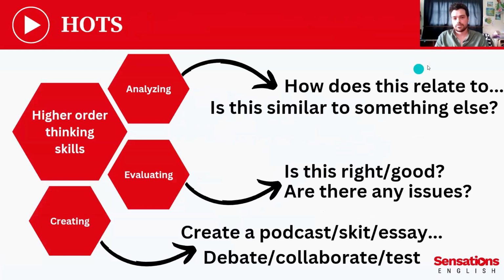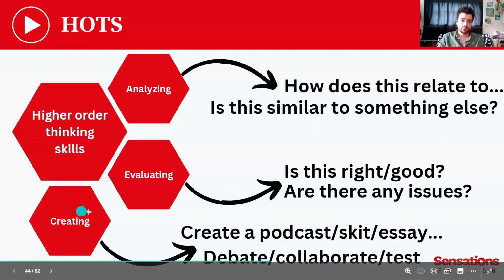So when you introduce a digital resource, you can introduce questions like this. How does this relate to something else? Is it similar or is it different? Then you might evaluate, is this thing right? Is it good? Are there any issues?